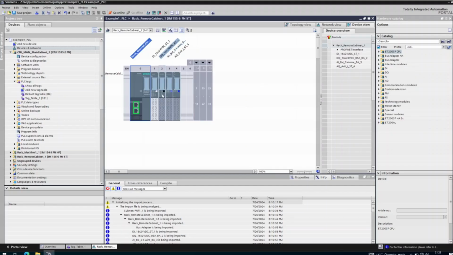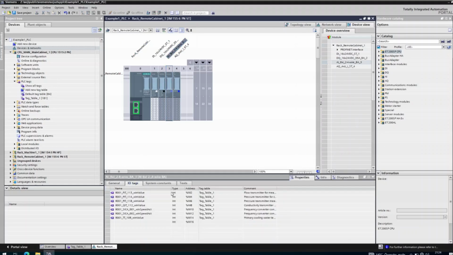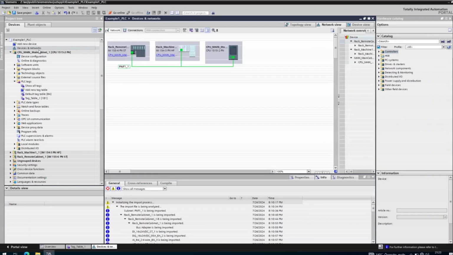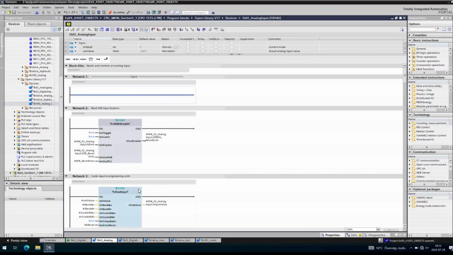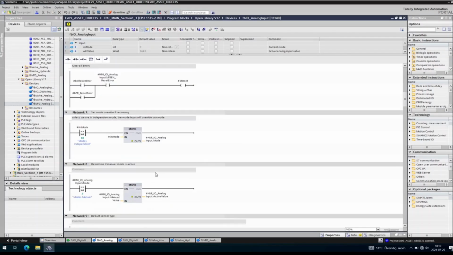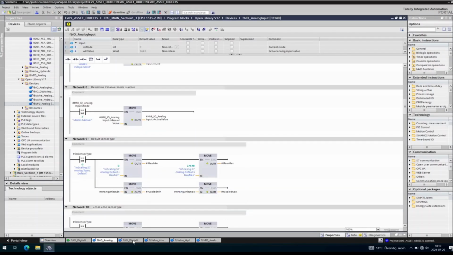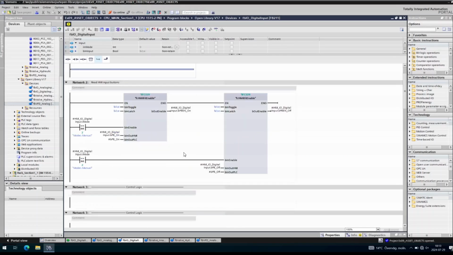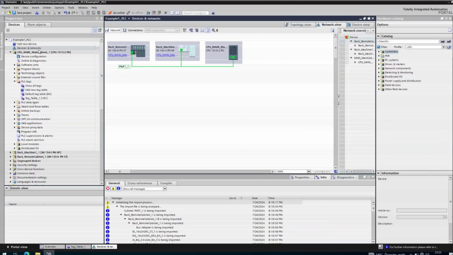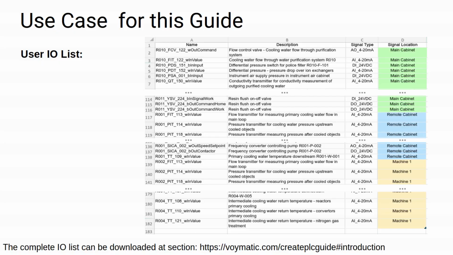To see the tags associated with the I/O module, click the module, for example Slot 3, and then click the I/O tags. This is the last step of the PLC creation procedure. Your PLC hardware configuration has been created and now you can continue with the development of the business logic, according to customer control requirements. We have demonstrated how to create a complex automation system, just from the user IList, within